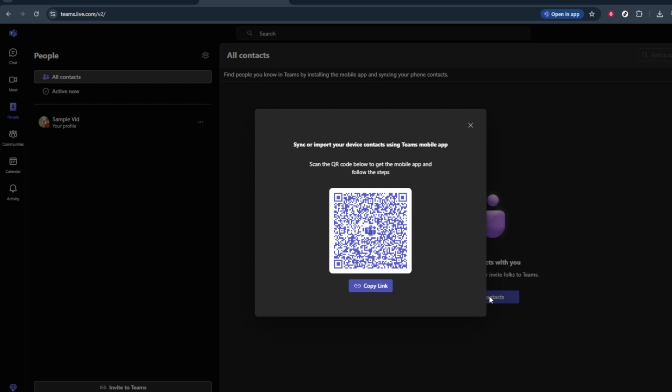This might take a little time if you have a lot of entries, so be patient. When it's done, you should see your device contacts appearing within the People section. From here, you can tap or click on a contact to start a chat, make a call, or view their details, depending on the features available in your version of Teams. If you ever notice that new contacts aren't appearing,